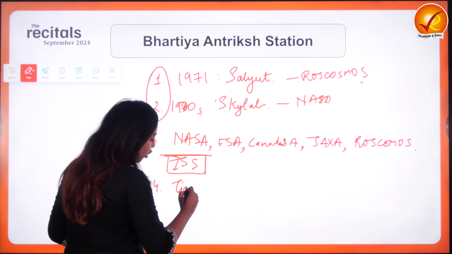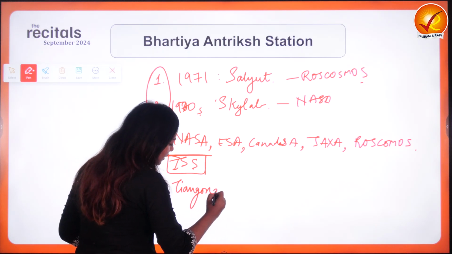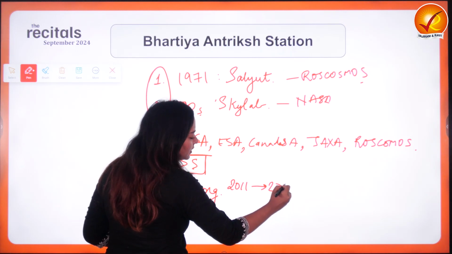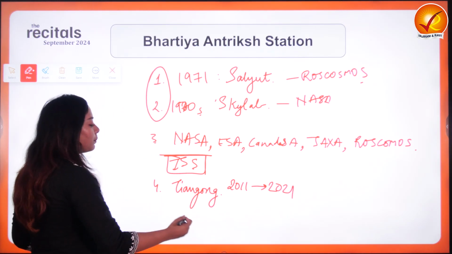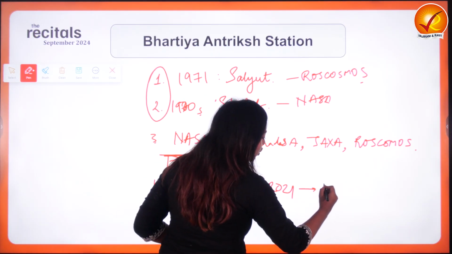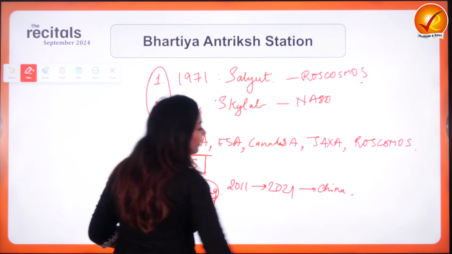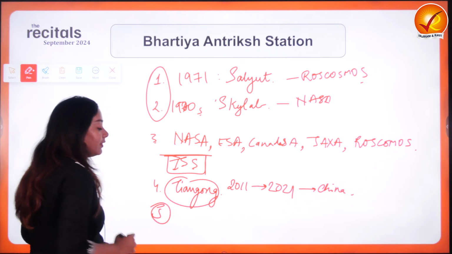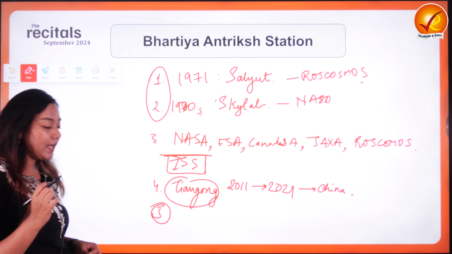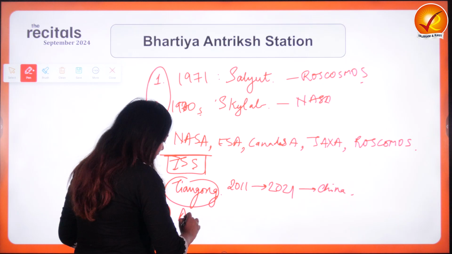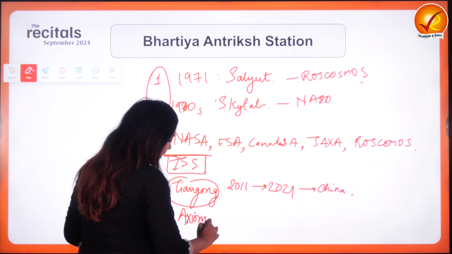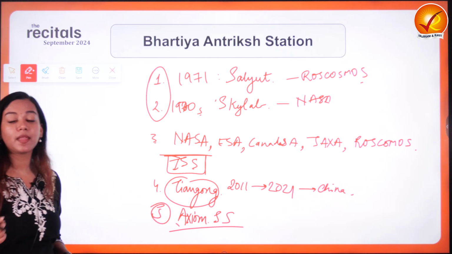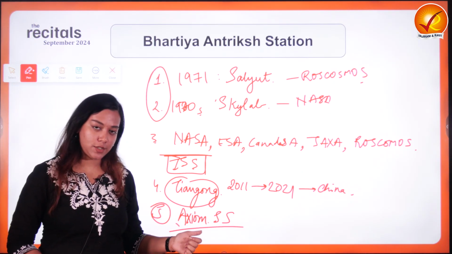So we have the Tiangong Space Station, which was initially created in 2001 and operationalized under various stages by 2021. That's not important, but Tiangong of China is also an indigenous space station of China. Next one, a private space station. Do we also have that? Yes. A private space station from the US is going to be launched in the name of Axiom Space Station. This is going to be the world's first private agency based space station.